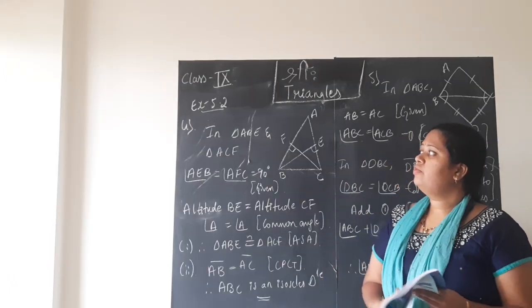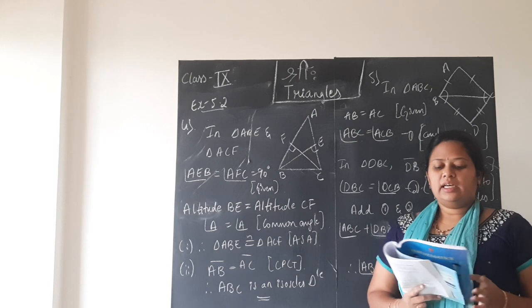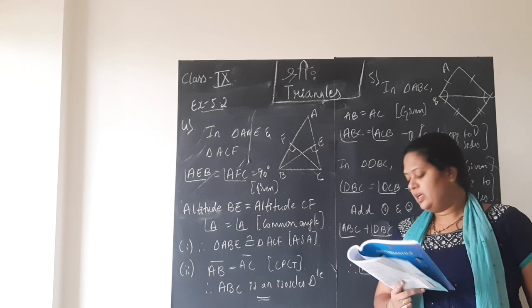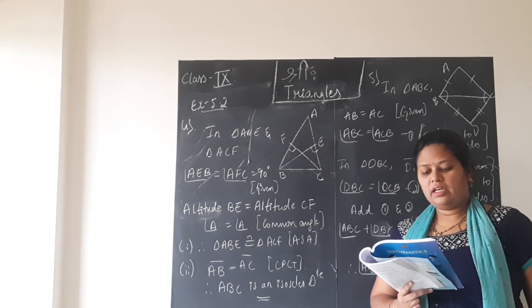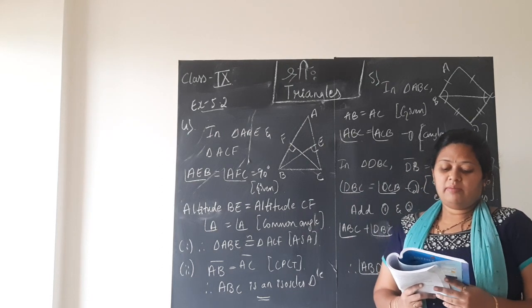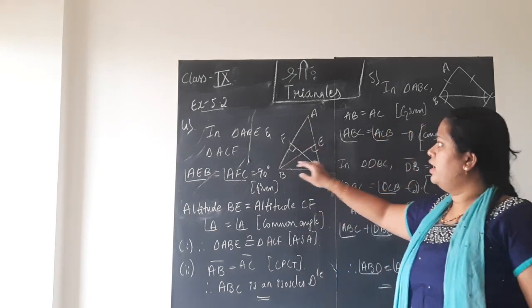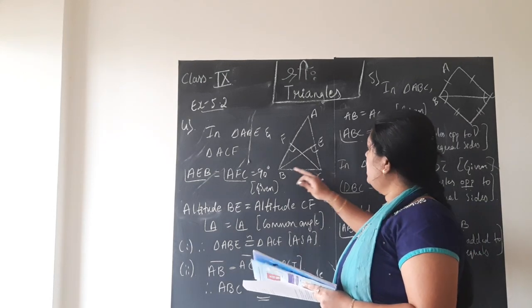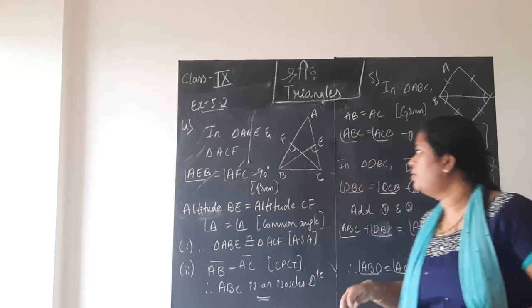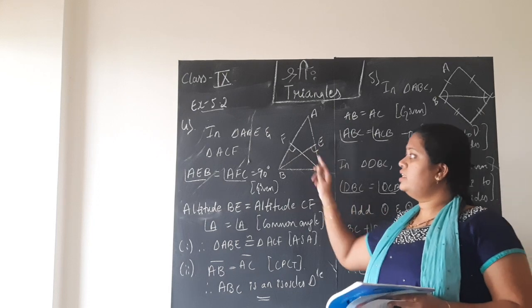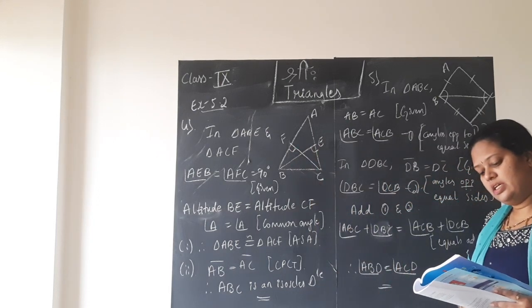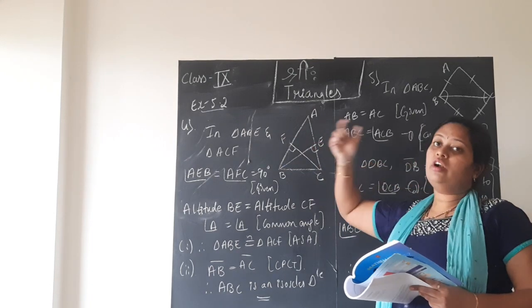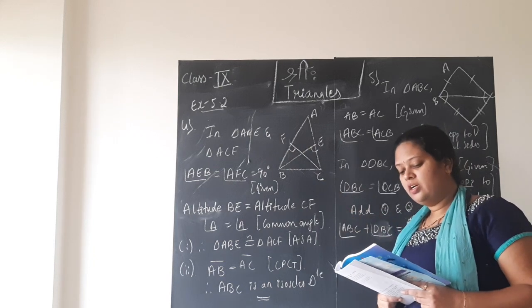So next we shall move on to the fourth question. ABC is a triangle in which altitudes BE and CF to sides AC and AB are equal. Show that triangle ABE is congruent to triangle ACF and AB is equal to AC. So there is triangle ABC and they are telling that in this triangle ABC, BE and CF are the altitudes. It is similar to the previous problems which we solved, children. BE and CF are the altitudes to the sides AC and AB and they are equal. So they are only telling BE and CF are equal. In the problem which we solved, we actually proved BE and CF are equal, if you remember.